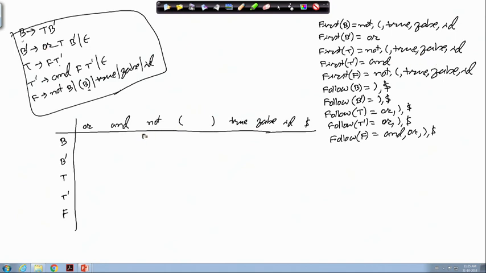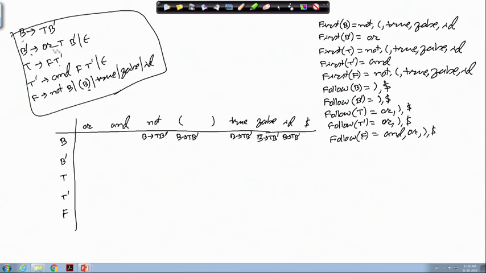So, B producing T B dash, this rule will come here, then it will come here also, and B producing T B dash will come there also.